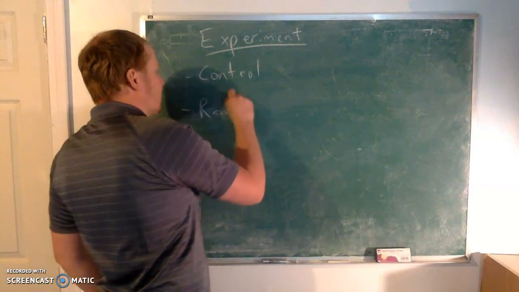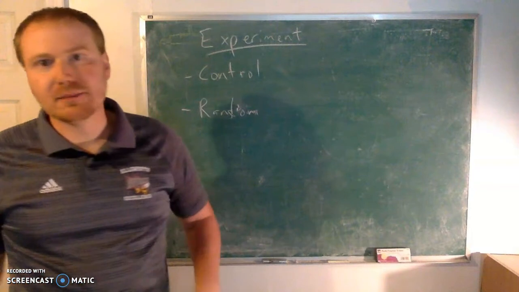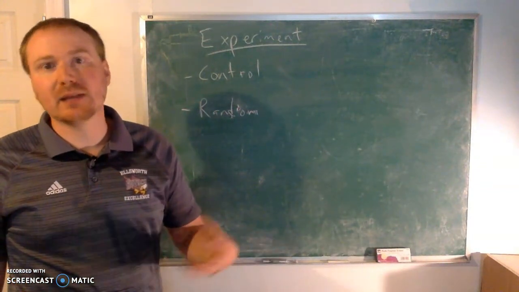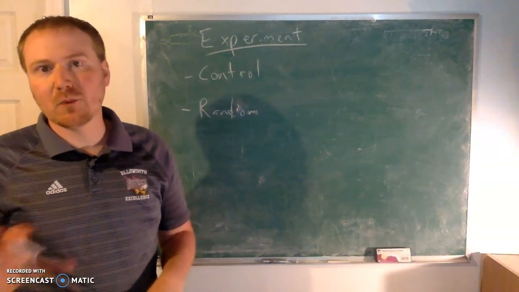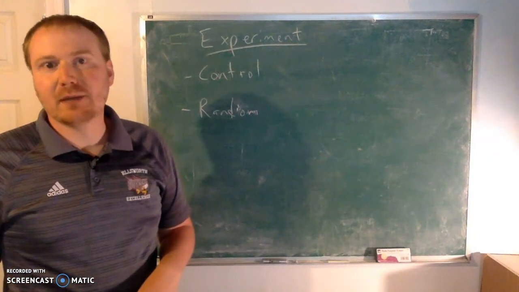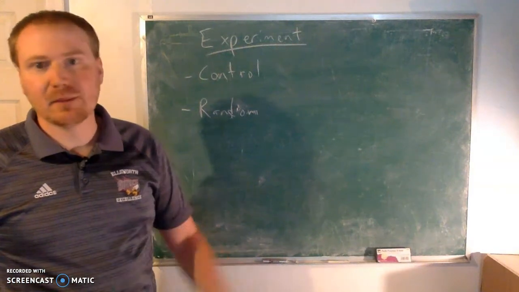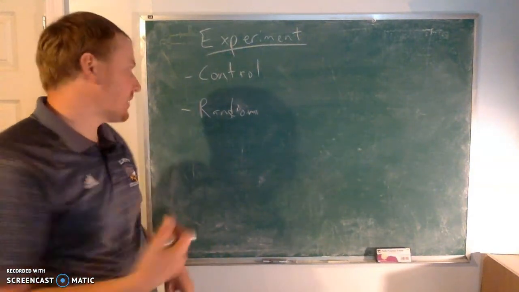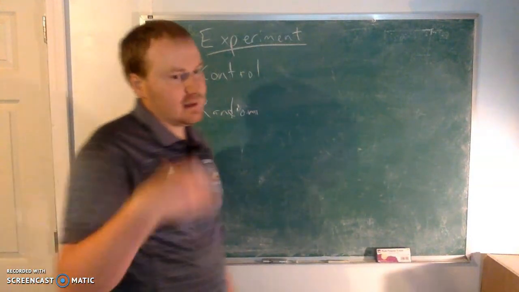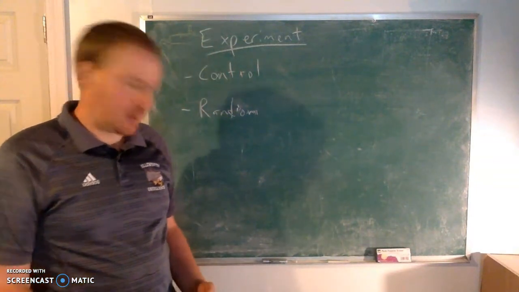The next thing is randomization. So you should have some randomization between your groups. And by that I mean when you pick your groups, you should do so randomly. You shouldn't pick all of one type of person in this group and everyone else over here. You should have some random way of picking your group. So maybe you flip a coin. Maybe you have a random number generator, something to make sure that your groups are chosen randomly. Because you don't want to have anything else affect the results